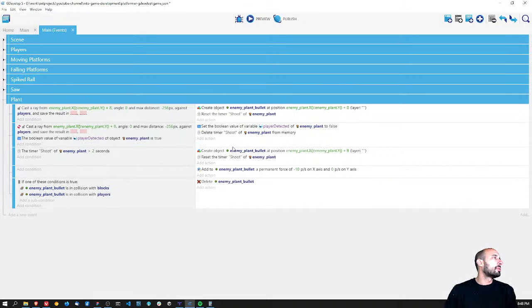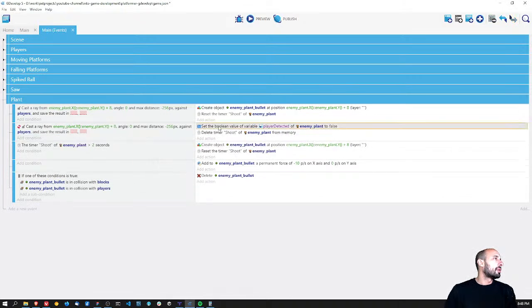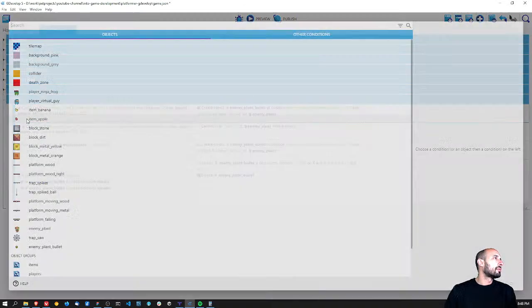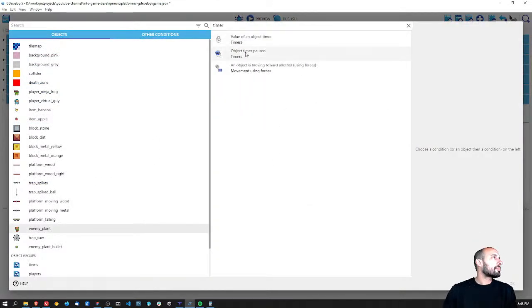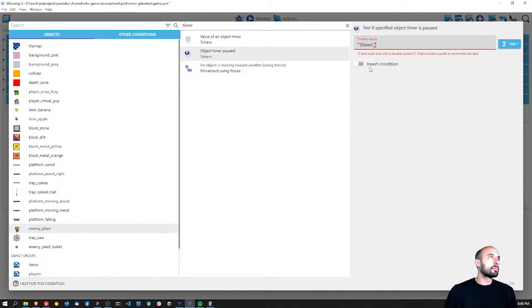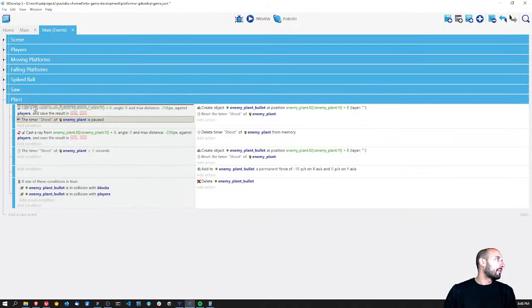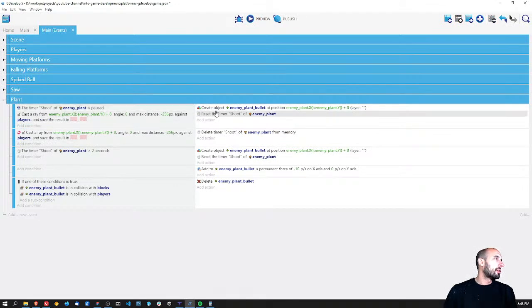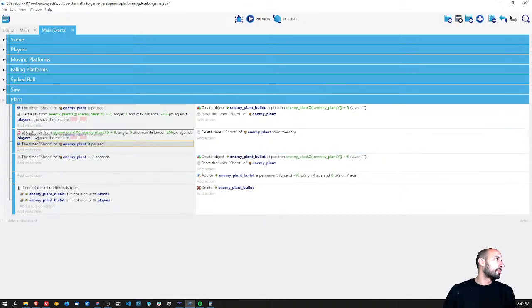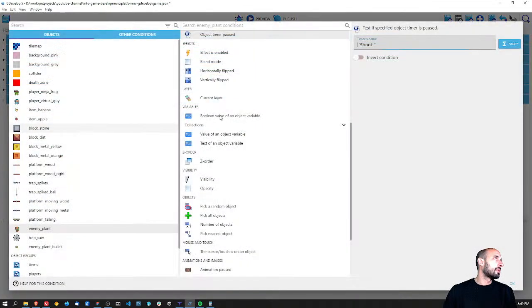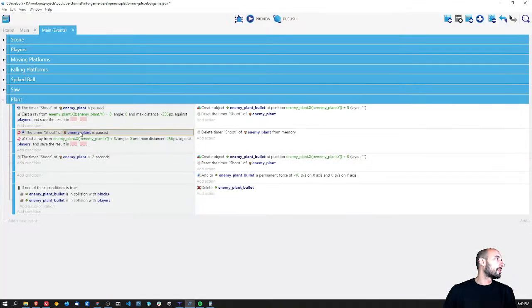Oh, no. Cast array. Okay, cast array here and here. So I'm going to cast array, and now I have to check the timer. If the timer is paused, I'm going to cast array, create an object and reset the timer. And so I'm going to stop this. Here I'm going to paste this one. So if the timer, here I need to invert the condition. So if the timer is not paused,